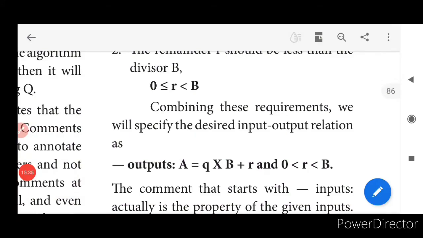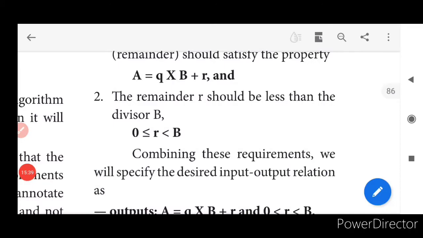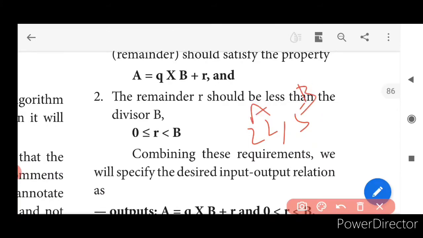Children, let us take the same values that we had. Let us take the values 22 and 5 itself. So this is going to be your a value and this is going to be your b value. What I have to do is, a value must be like this: q into b plus r must be my a value.